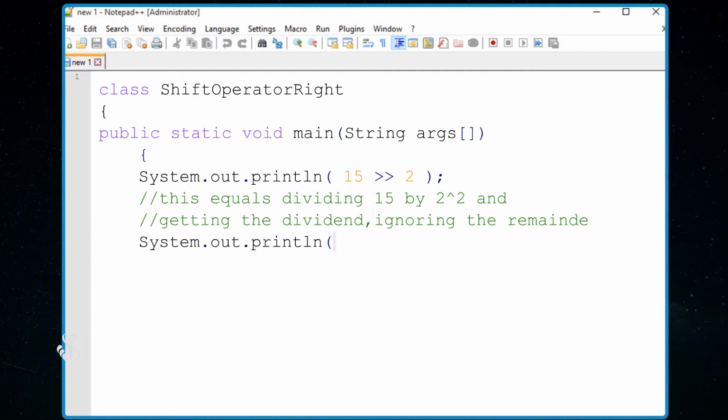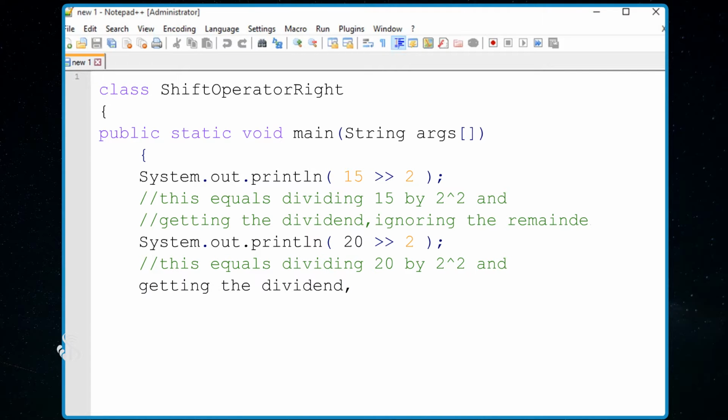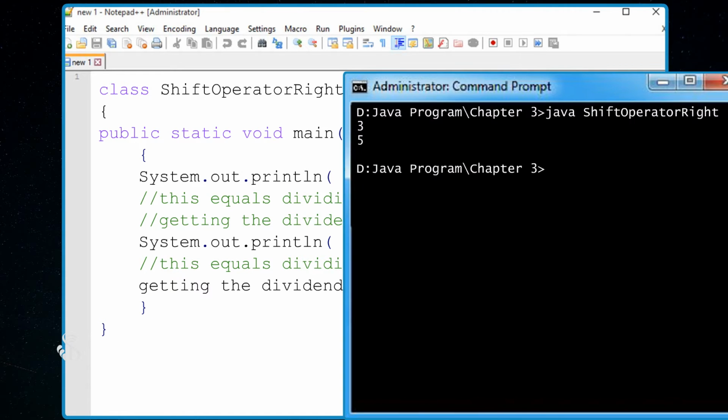system.out.println, open bracket, 20 right shift 2, close bracket, semicolon, double slash, this equals dividing 20 by 2 twice and getting the quotient, ignoring the remainder, close curly bracket, close curly bracket. And the output is